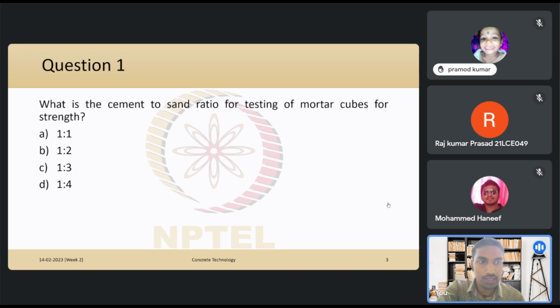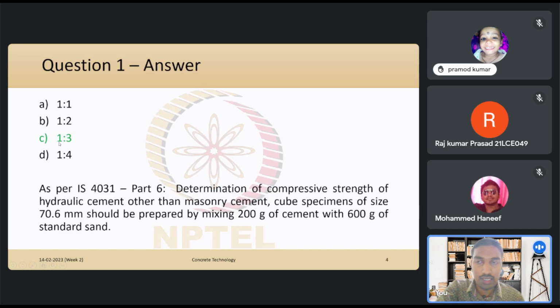Let's take a look at the answer now. The right answer is option C. The ratio we use is 1:3. The standard that talks about the strength test is IS 4031 Part 6, which is about determination of compressive strength of hydraulic cement other than masonry cement. This is what we are concerned with, hydraulic cement. For the compressive strength test, this is the standard we use, and it says the specimens we prepare for this strength test will be cube specimens of size